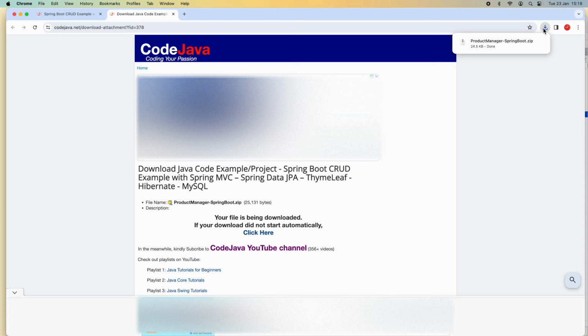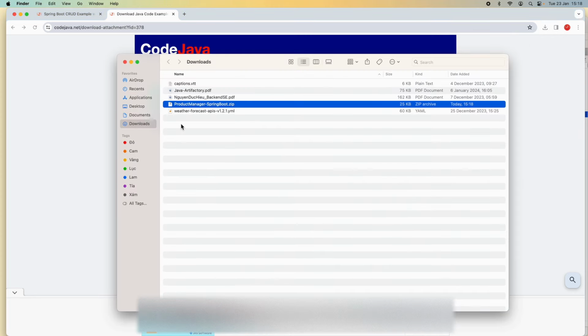Okay, you see I got the project downloaded as a zip archive file here. You see product manager Spring Boot in the downloads folder, and let me extract this zip archive file